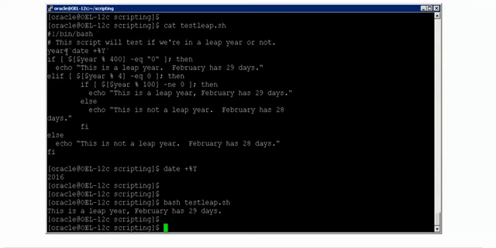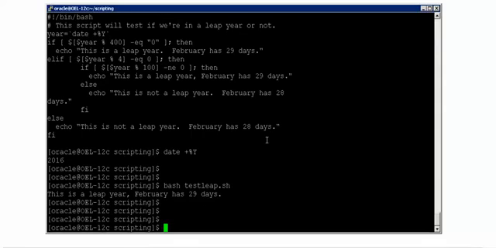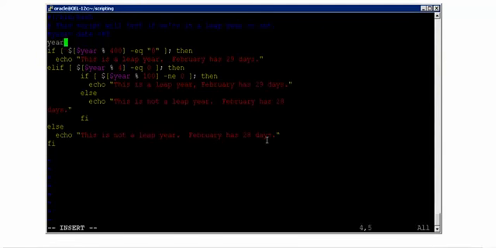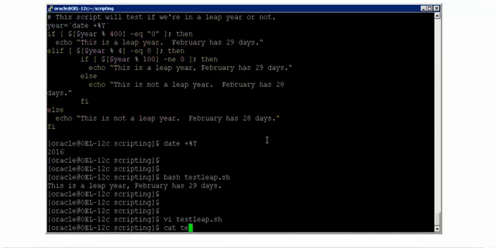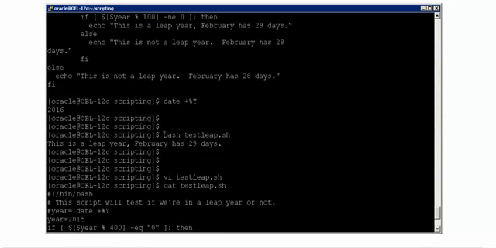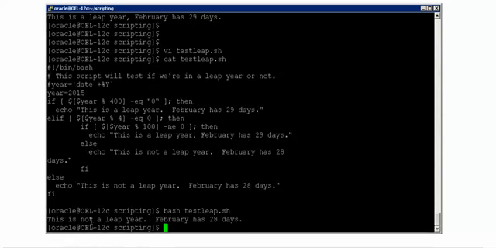And if you want to test it properly, you can say year is equal to 2015 and then see if it is working fine or not, because it has to say that this is not a leap year, because 2015 is not a leap year, isn't it? So let me actually hard code this value to year is equal to 2015. If I say year is equal to 2015, let me cat it for you, and then if I execute it, it should say that this is not a leap year.